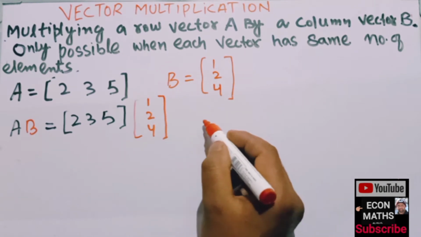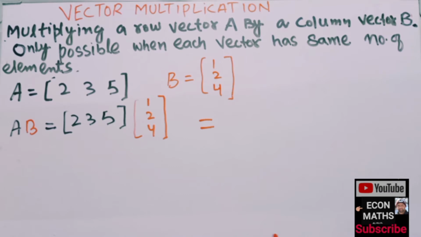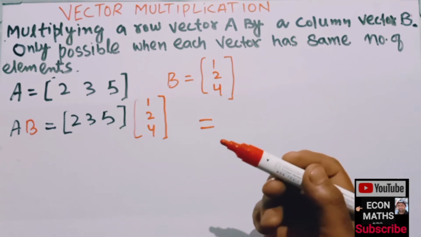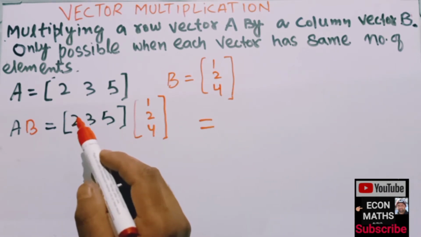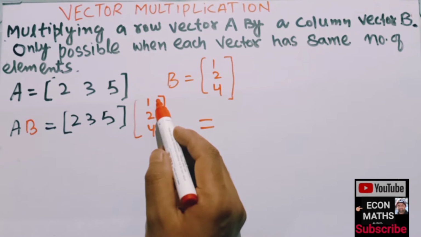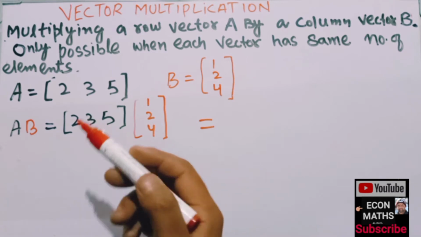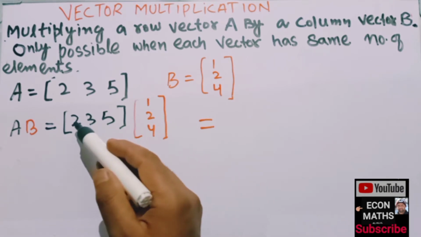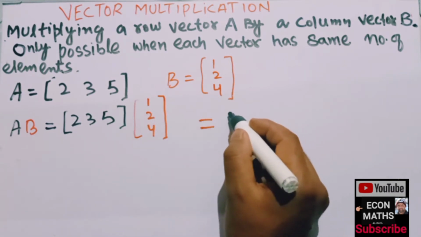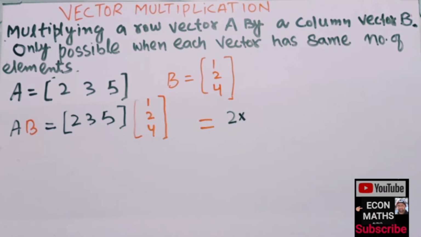Now I have to multiply the individual element of the row vector with its corresponding element in the column vector. That is, the product is formed by multiplying this 2 with this 1, that is 2 into 1,